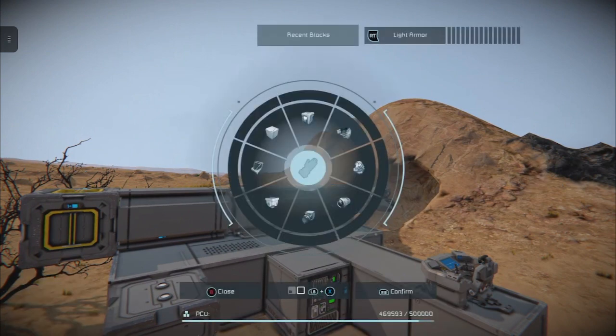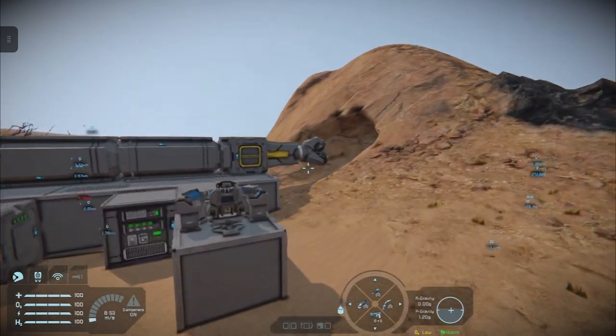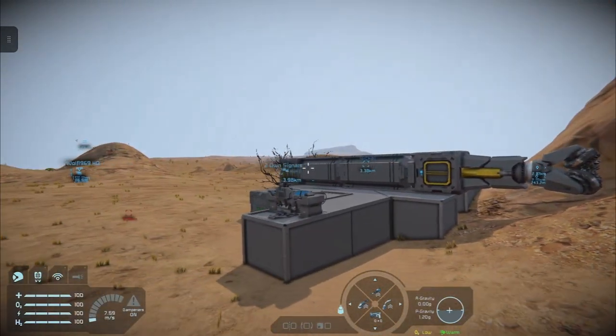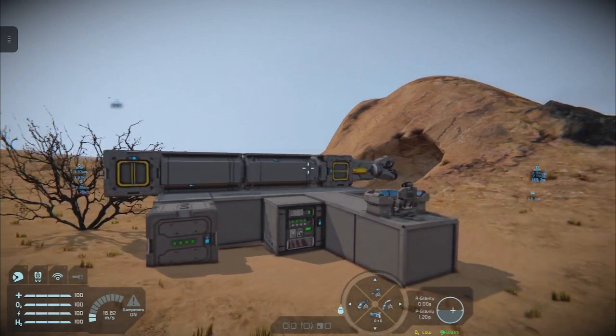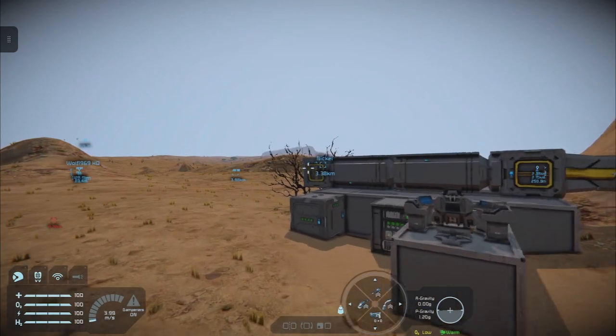And you'll see if you click in the left stick that the total PCU on this one is 500,000, and I've hardly used any on the Series X. But there you go, that is the drill reset, and that really is all I wanted to show you how to do.